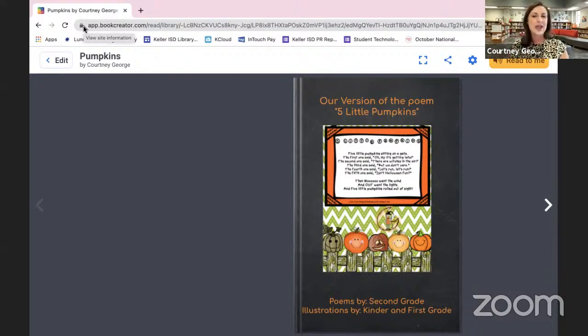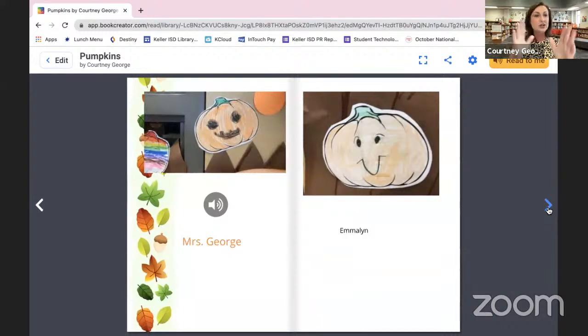Then we went through and added the microphone feature so that they were able to record a poem of the pumpkin. Now, we did not have a lot of pre-teach with this. It was me showing them Book Creator, some of the tools, and then letting them explore. So you're going to notice it is a work in progress, but some of my friends looked at my example and went with it and were fantastic.